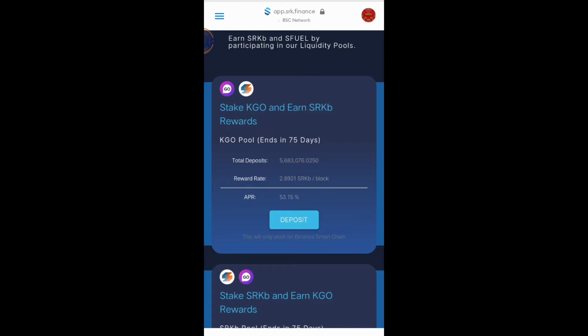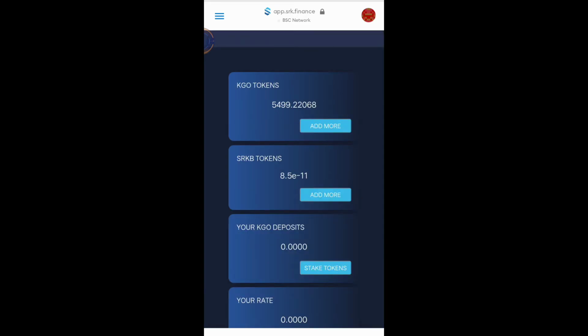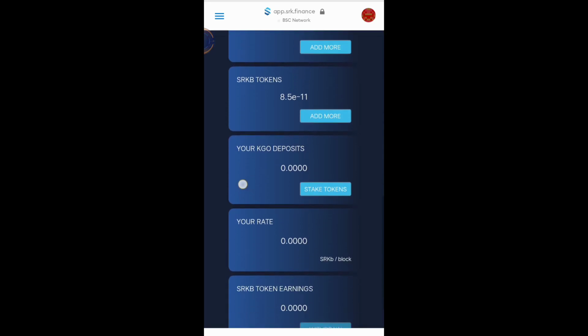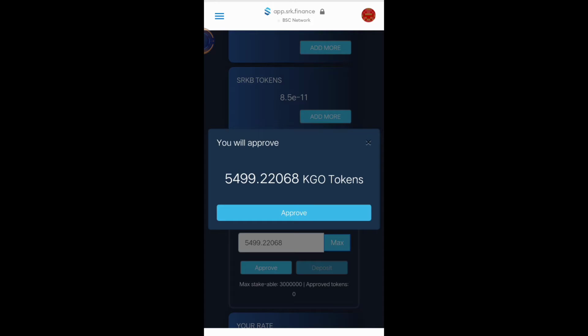Click deposit. Okay, then we will choose stake tokens. But if you want to add more tokens, you just click add more. But now we are going to stake the KGO token. Just click stake tokens. Then click max. Then approve. Click approve